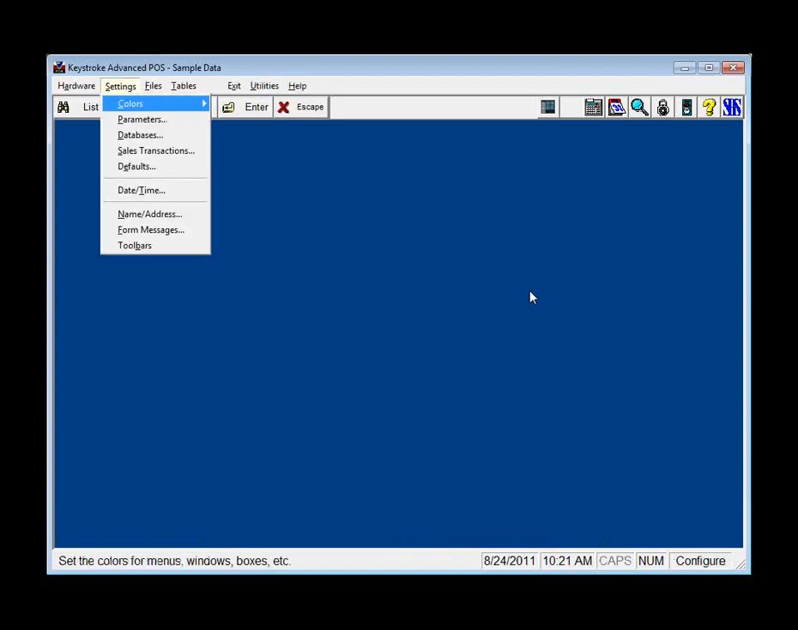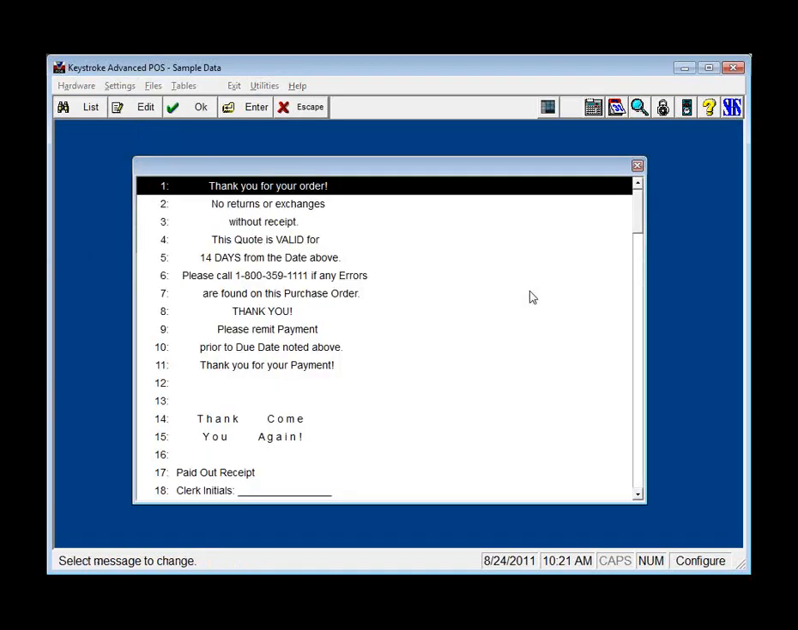In Configuration Manager, under the Settings menu, we have Form Messages. By hitting Enter on the form message here, this is where you get to modify these. So let's say